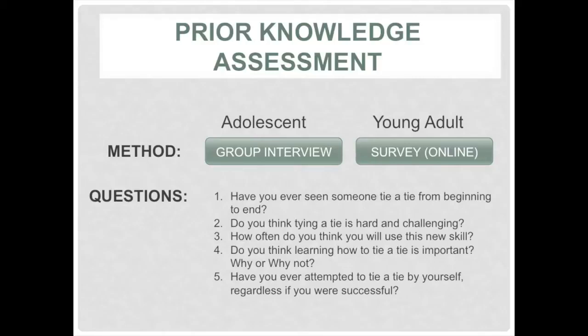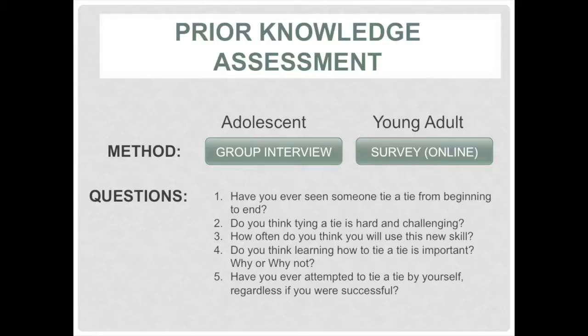Ideally, the survey will be conducted online or on their cell phone mobile device so that they'll be able to see anonymous results projected on the screen. The reason for conducting an online survey is to ensure that the learners will be able to answer the questions in a very honest format. Many young adults may not know how to tie a tie, and because this may be perceived as a skill that young adults, especially males, should already know, there may be learners who will choose to conform to the rest